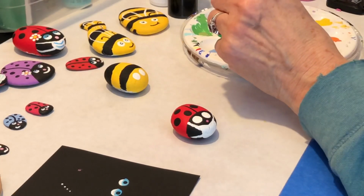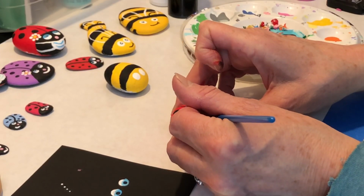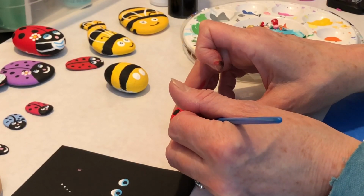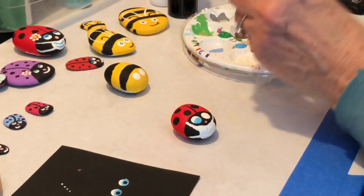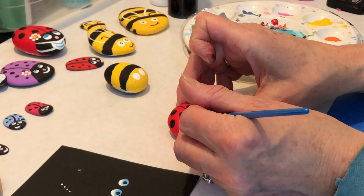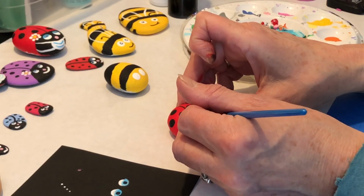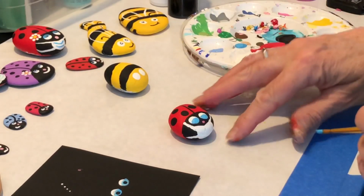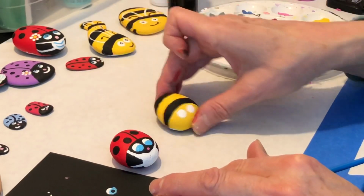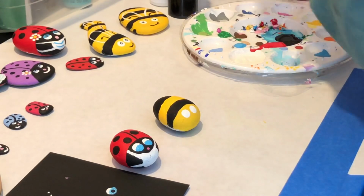Okay, I need my brush, actually, because I wanna just do the bottom half of the eye. And I round it. I follow the bottom edge of the curve, and then I kind of make it a little rounded at the halfway point. Okay, and those need to dry before I can do anything else. I'm just gonna scoot them aside, and I'm gonna move on with our bee,